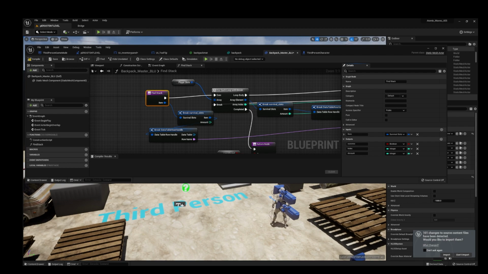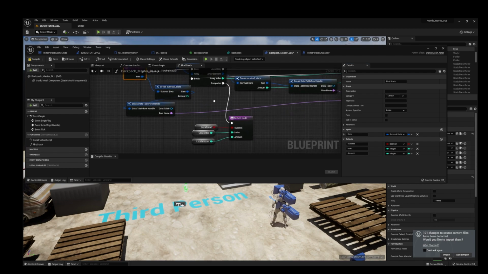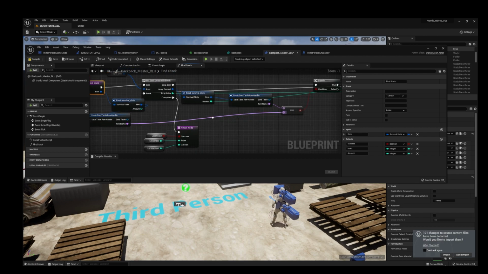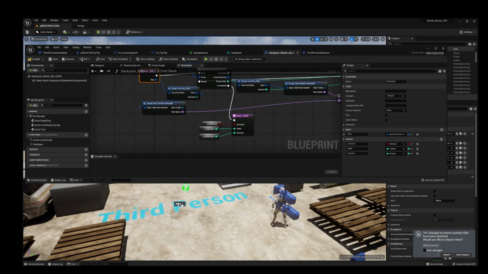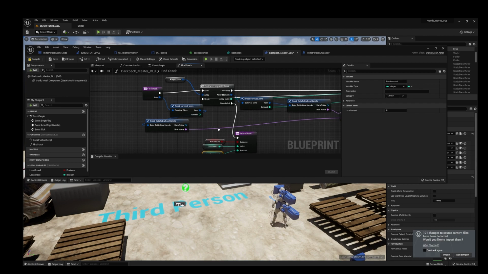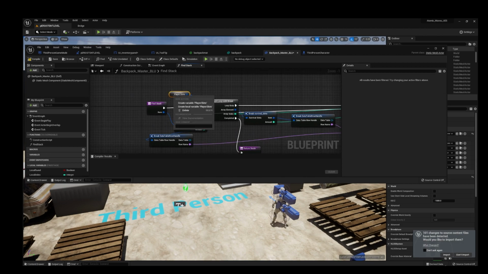Now this is extremely important, so pay attention to this part closely. As you can see here, we have grayed out variables. So, how are we going to bring back these variables? First, we're going to right-click this, create local variable for local found, create local variable for local index, and create local variable for local amount. Now, going to player slots, you may think we're going to create a local variable for player slots. We're not. Not local, but create variable for player slots.